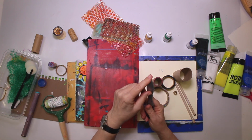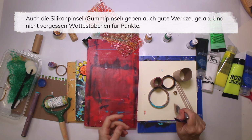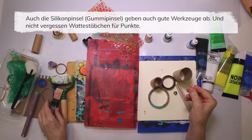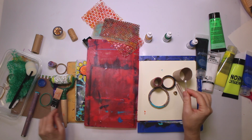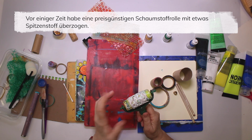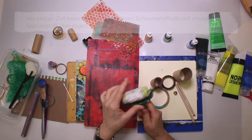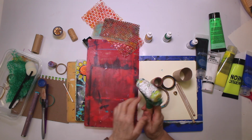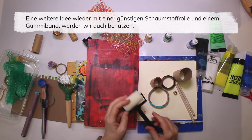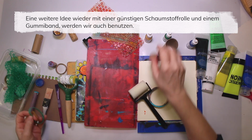Brush ends always work for mark making too, and those silicone brushes, I can use them for marks too. I have Q-tips, you know, these earbuds. What I have prepared for a while: I bought one of those inexpensive foam rollers and sewed on a piece of lace. I'm gonna try that. And another fun idea which I'm gonna play with today is